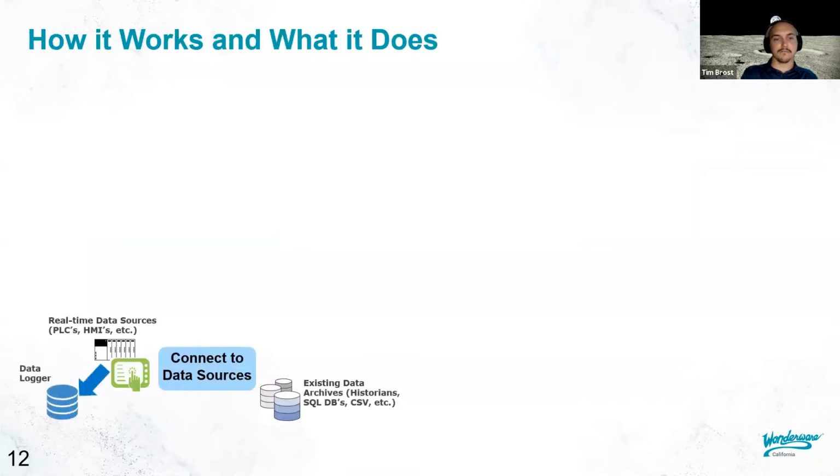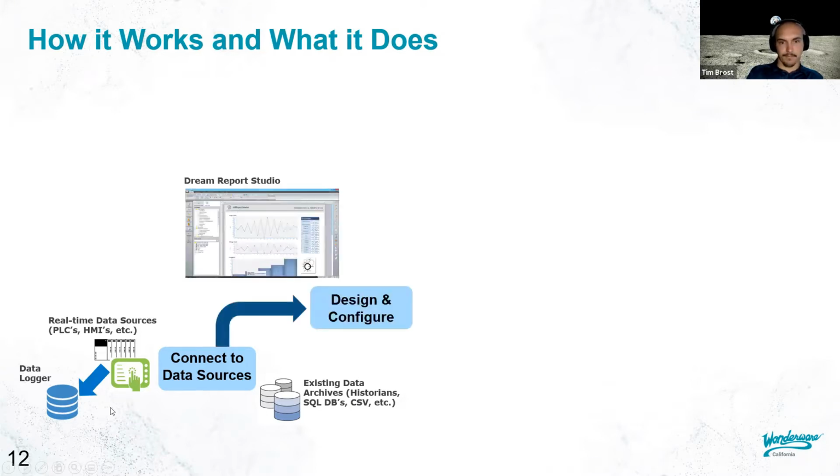Architecturally, how it works is you first have your data sources, and typically it's an existing data source, whether that's any kind of SQL database or process historian. But you can also connect to real-time data sources like PLCs, for example, and log that data to Dream Report itself. So very little time is actually spent connecting to data sources. Most of your time within Dream Report is spent